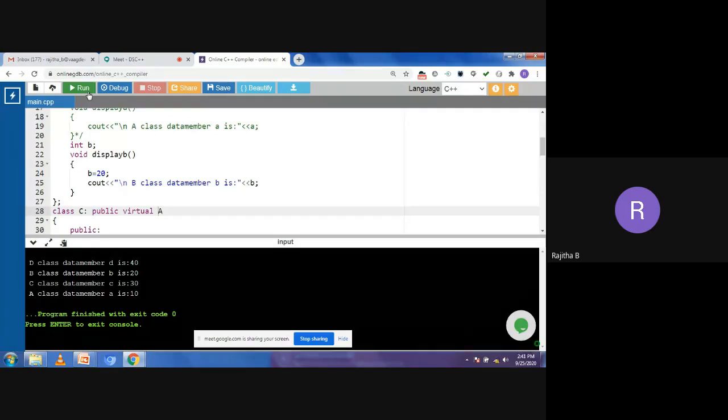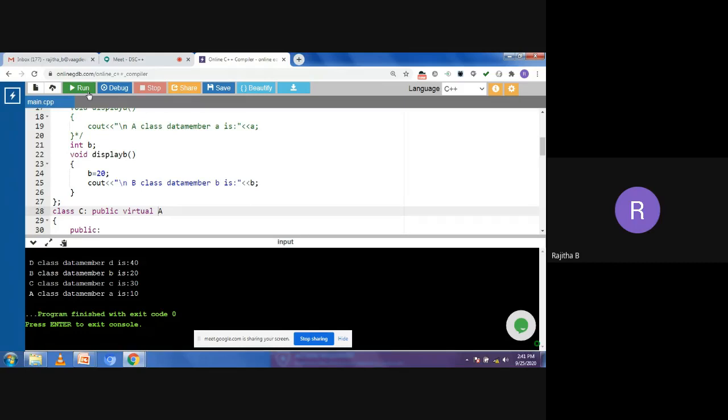So what is the assignment for today? Same hybrid inheritance, but don't take the values as input. In A class, take the roll number and name. In B class, take the marks.